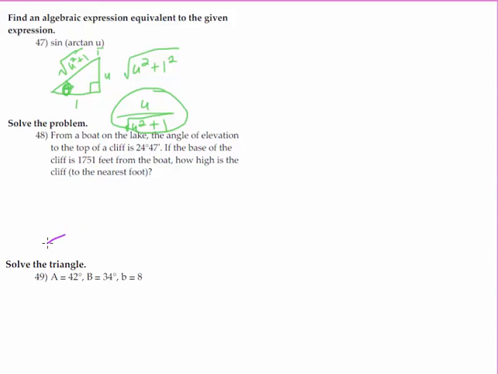From a boat on the lake, the angle of elevation to the top of the cliff is 24 degrees 47 minutes. So something like this, where the angle of elevation from the boat to the cliff is 24 degrees 47 minutes. So someone in the boat is looking up at the cliff, and that tells us what that angle is. If the base of the cliff, which is here, is 1751 feet from the boat, which means this side is 1751, how high is the cliff to the nearest foot? So what we know is the adjacent side, and what we're trying to find is the opposite side, which means we want to use tangent of our angle